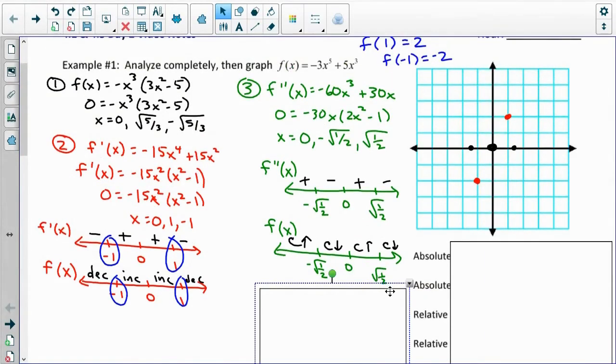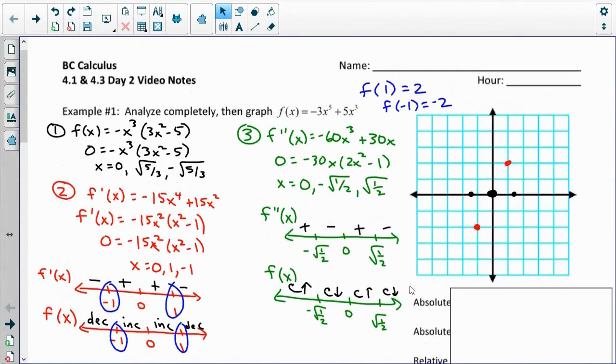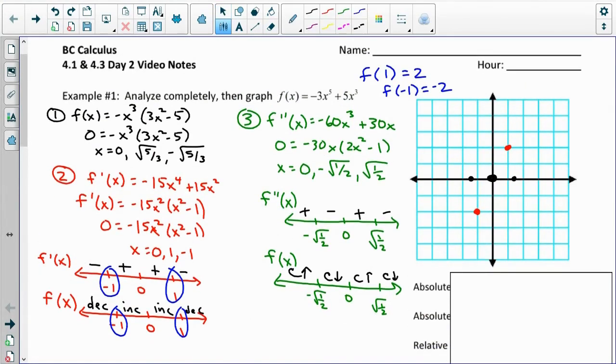So if I look at how this might look graphically, I'm going to look at what the values of my change in concavity are going to be. So at negative root 1/2, I'm going to change concavity. So that'll probably be somewhere around here. I will also change concavity at 0, and I will change concavity at around root 1/2. What's definitely going to happen in this graph based on what I have is it is decreasing and concave up